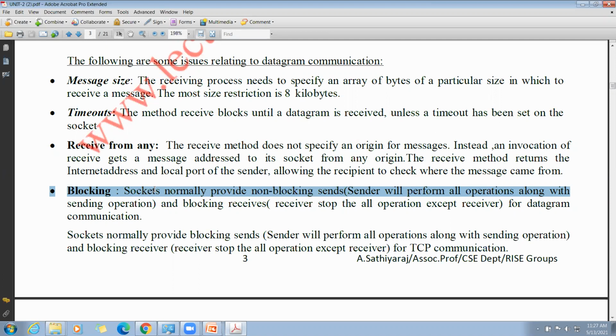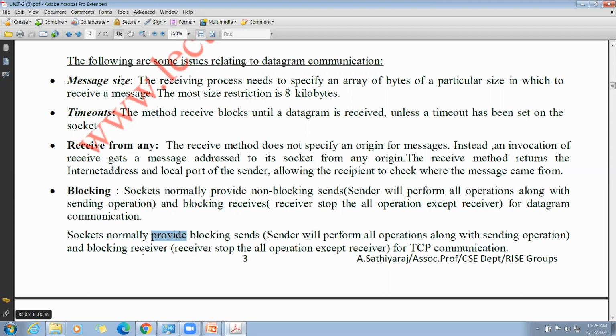See the difference from TCP stream communication. Here, the sockets normally provide blocking sends, whereas in UDP it is non-blocking sends. In TCP it provides blocking sends and blocking receives. The only difference is at the sending side. In UDP it is a non-blocking send.